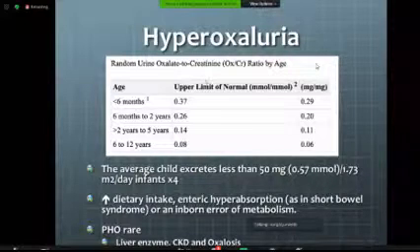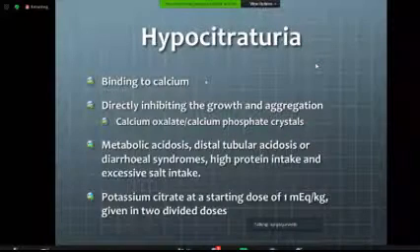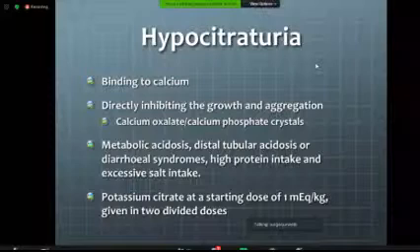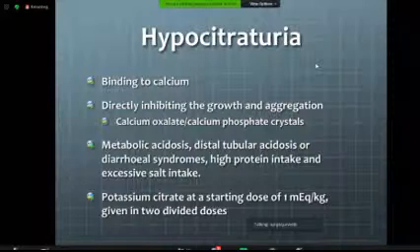Hypocitraturia, which means citrate is one of the factors which prevents stone formation and crystallization, and this is done by binding to calcium and excreting calcium from the body. This direct binding effect is for both calcium oxalate and calcium phosphate stones. That's why it's typically used for uric acid stones, but it can be active in other types of stones, including